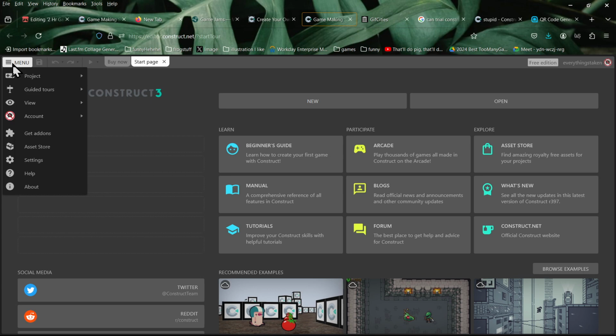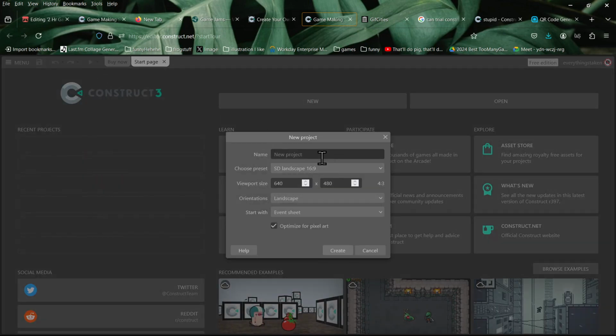To start making a game, you go to Menu, Project, and then New. Then you name the project. I'm going to call this example, whatever. The other thing is to think about the size of your game.